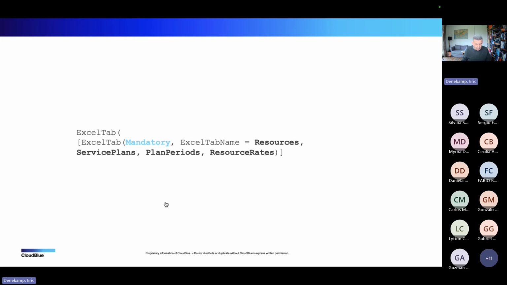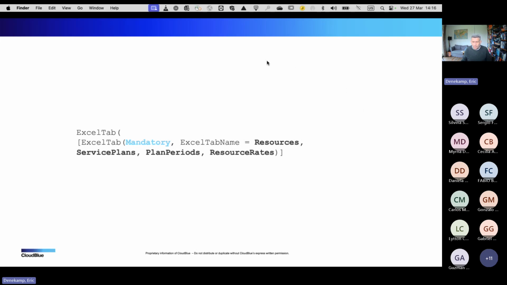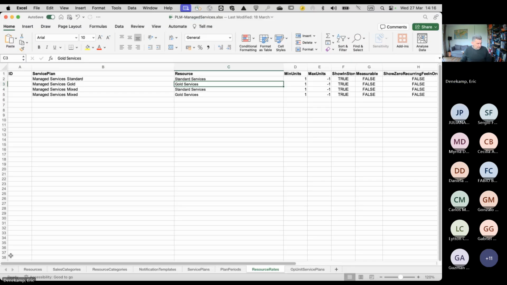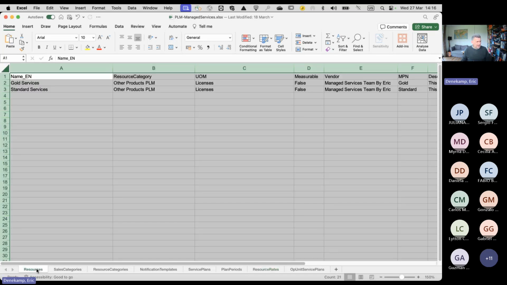And let me see if I can quickly find an example, because I forgot to open that one. Here we are. I've got a file here, a PPR file, where I have my resources.